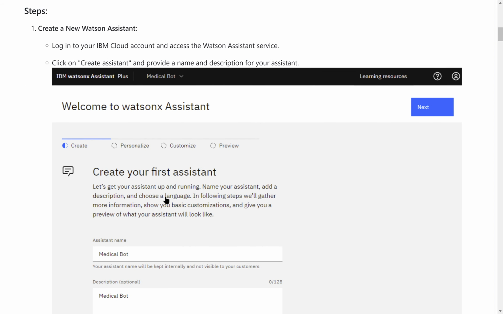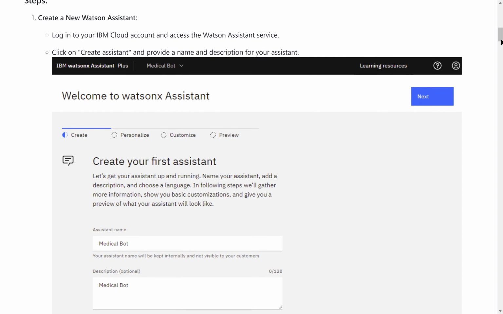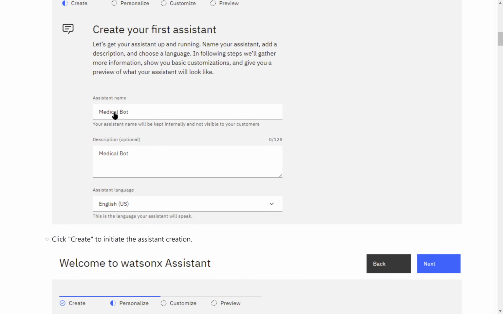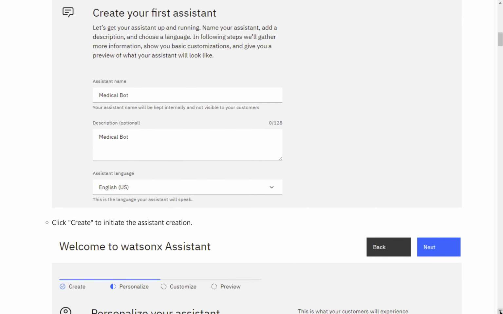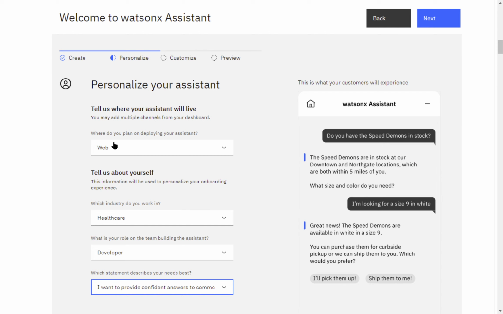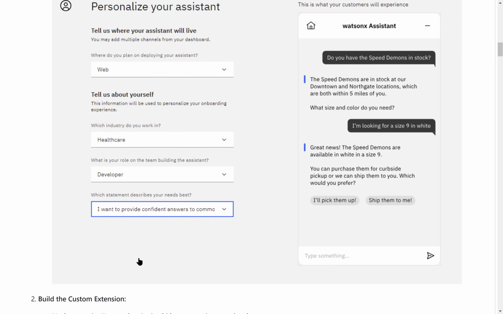Then you create your first Watson Assistant. In particular, I call it medical bot. And then we choose, for example, in this case, web,